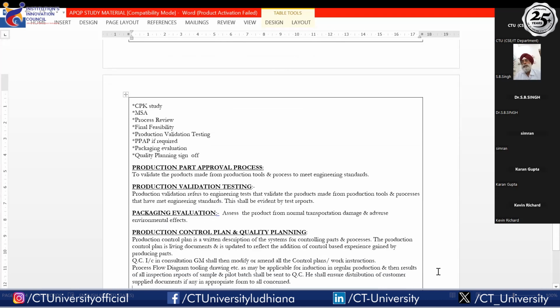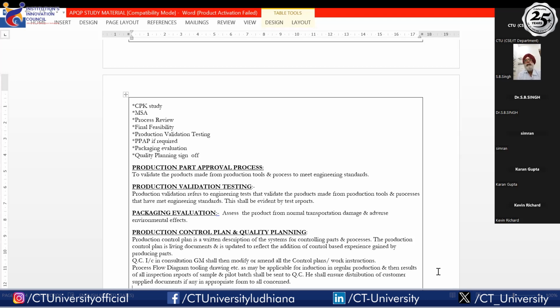So we do some production trial runs also. Then the next part is, in industry, there is again a very important aspect which is related to design and development. In short, we call it PPAP, production part approval process. So once we are doing some designing or prototyping, some hit and trials may be done. But once we are through with the hit and trials and we are okay with the design which we have